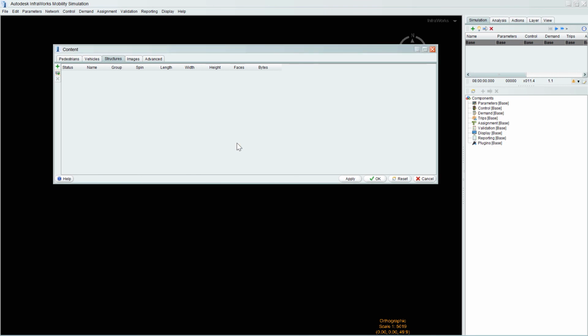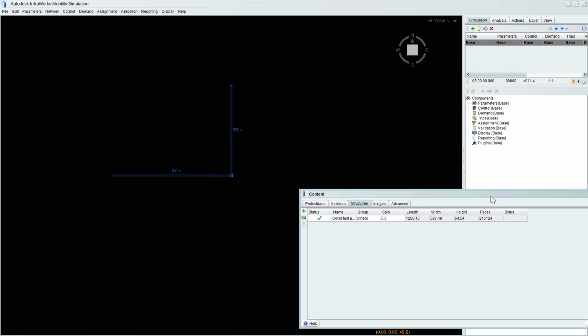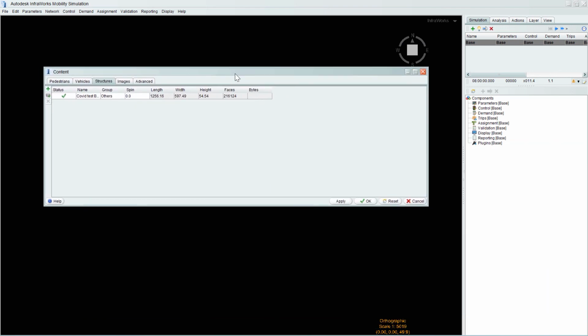So we'll click OK, and depending on the size of the model, it may take a minute or two to pull it in. There'll be no progress bar or indication to let you know that anything's happening, but it is going on in the background, and at any moment now we should see something appear. Okay, so there we go. So it's pulled that in. As you can see, nothing in the model as yet. It's just added it to the file, to the network itself. So we'll just say apply and OK.